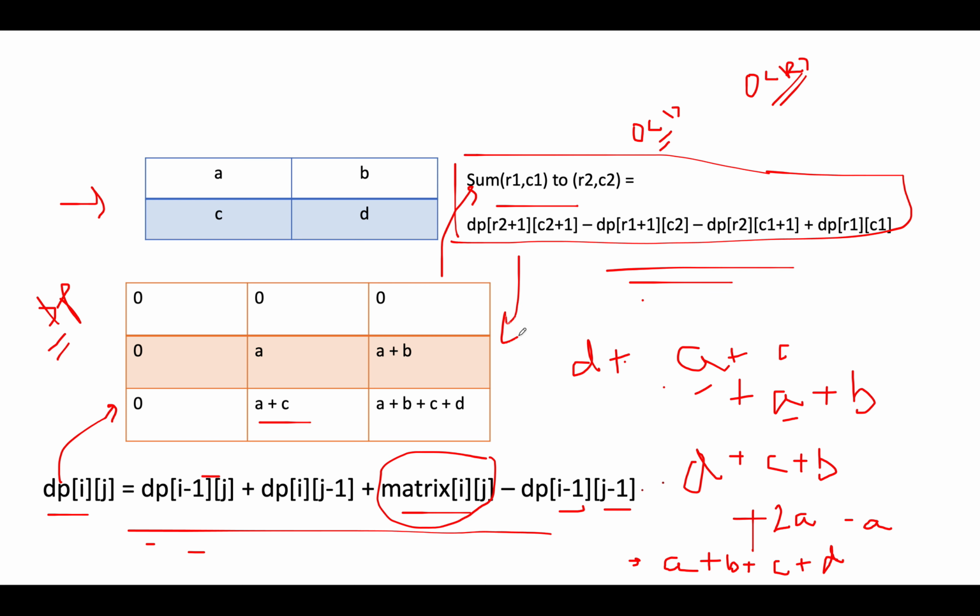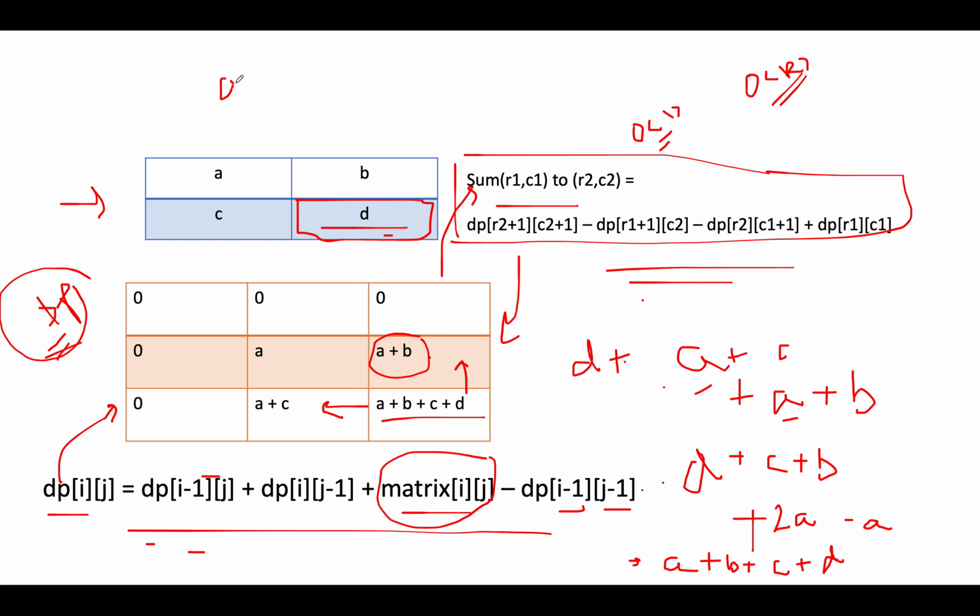So we have the dp or the prefix sum matrix as something like this, and let's say we are only interested in finding the sum of this particular cell. The value held in the dp matrix at this particular index is a plus b plus c plus d. We'll subtract the upper top value and the sideways left value from this value: a plus b plus c plus d minus a minus b minus a minus c.